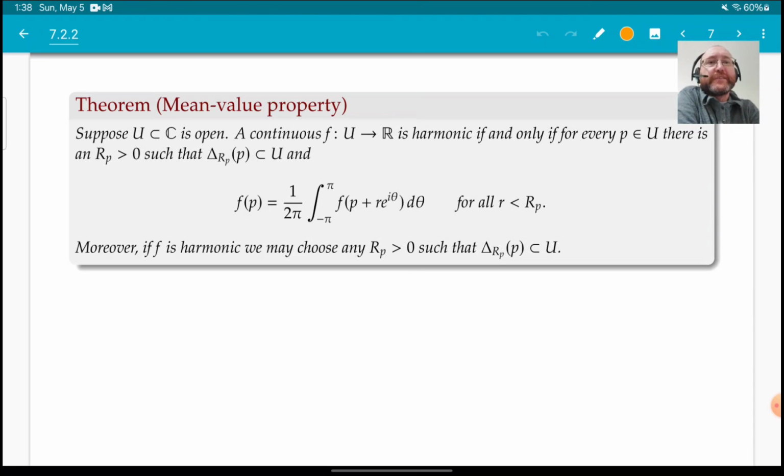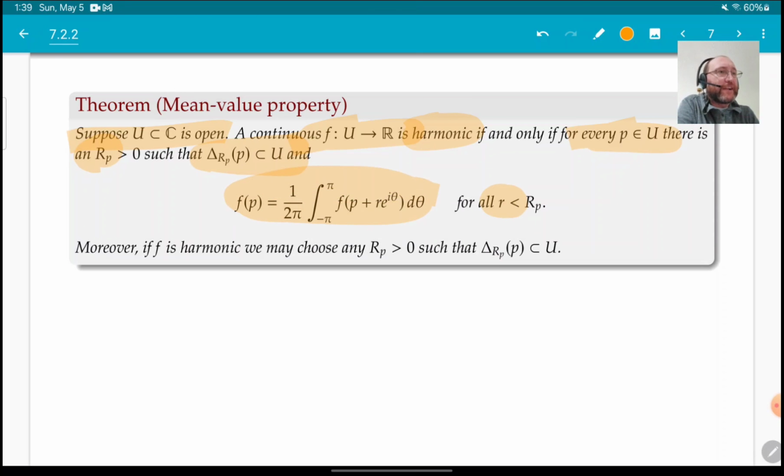So suppose that we have an open set U, then a continuous function f on that open set is harmonic if and only if for every point there is some maximal radius. Let's not worry about it too much at the beginning. There's a maximum radius R such that the disk of that radius still fits in U, and for all radii smaller than this radius,